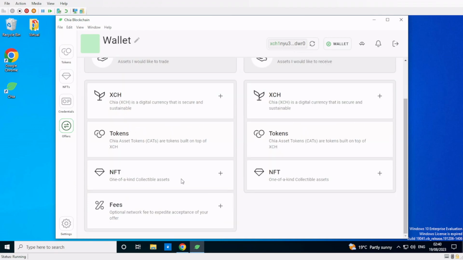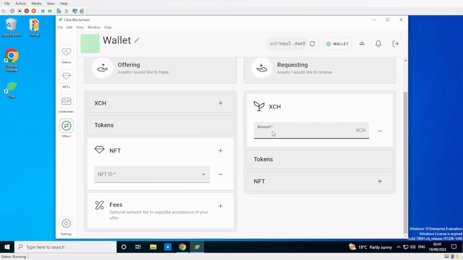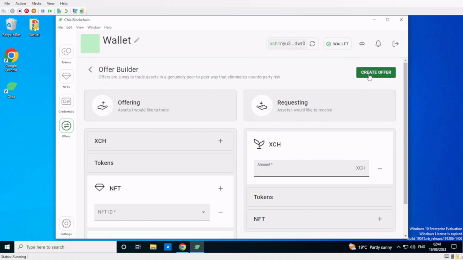So I could, for instance, add an NFT ID, and I'd like to receive maybe one Chia. So therefore I would create this deal, I'd click create offer, it would create an offer file, and then I